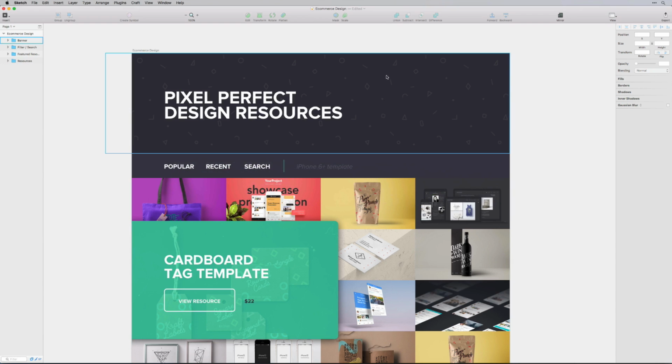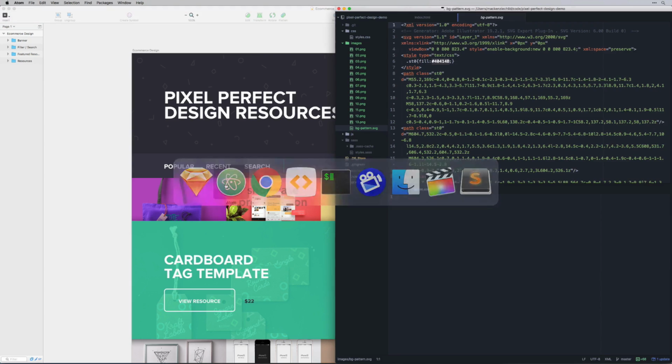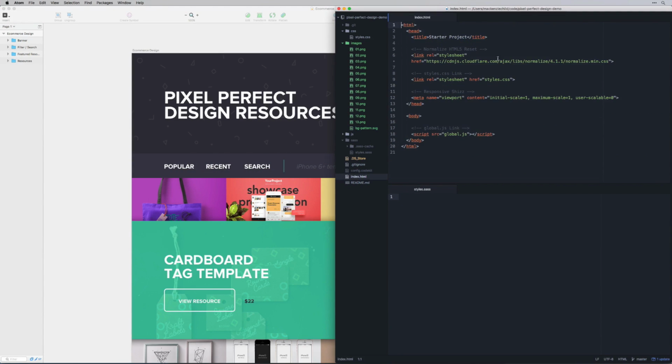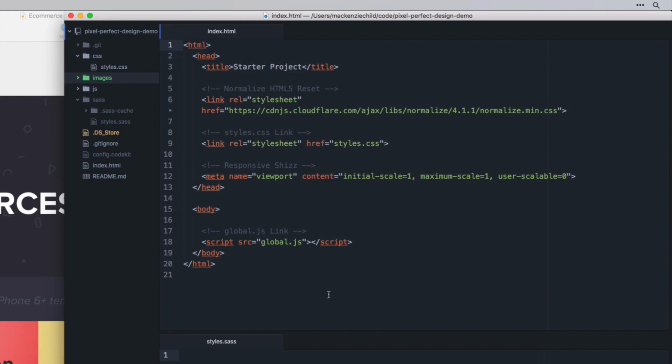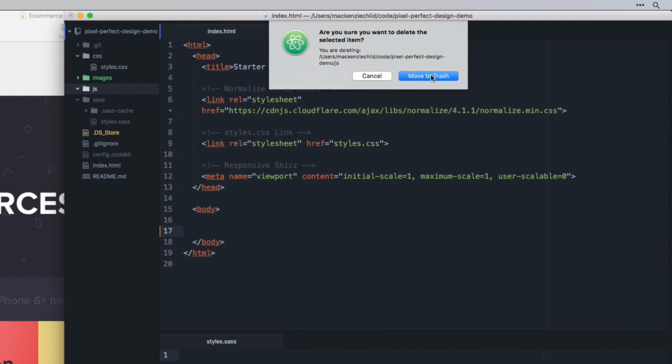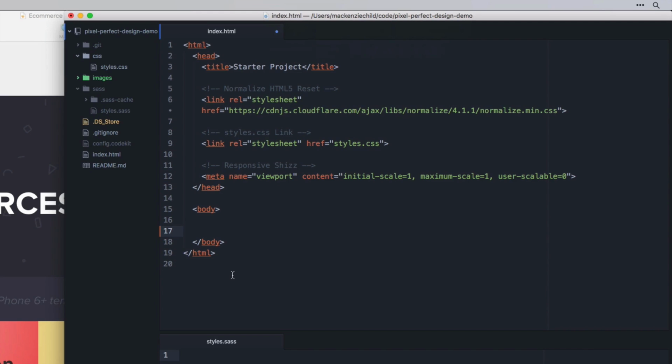So if we go back to our design, we have this fun little background pattern that we're going to use. So let's go ahead and get started. I'm going to jump into Sublime Text, close out of that. Let's see. So I know for sure we're not going to be writing any JS. So I'm going to delete that from the body. And then I'm just going to delete the entire JS directory because the rollover effects we can do